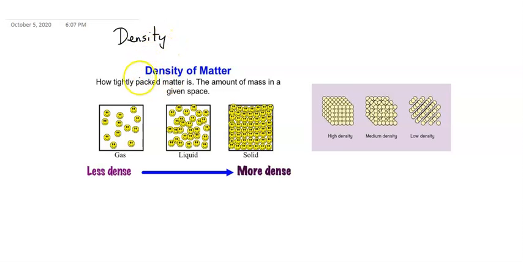Now, first of all, density is really just how tightly packed matter is in a given amount of space. So if we take a look at this here, this has got relative density, this is a medium density, and this is high density. Now, all three of these are showing the same volume, but really it's how crowded things